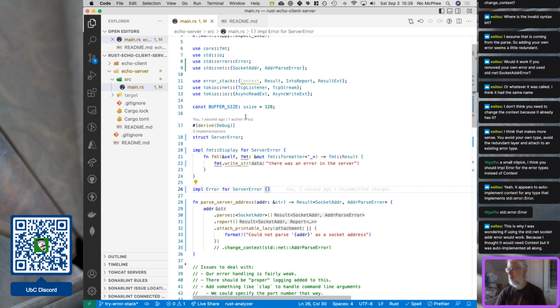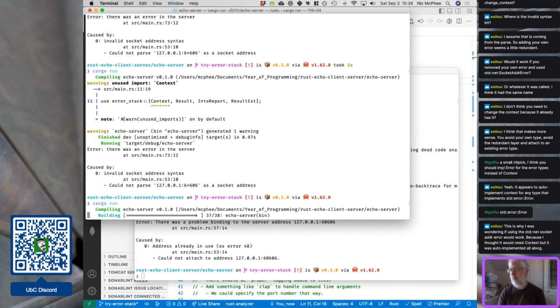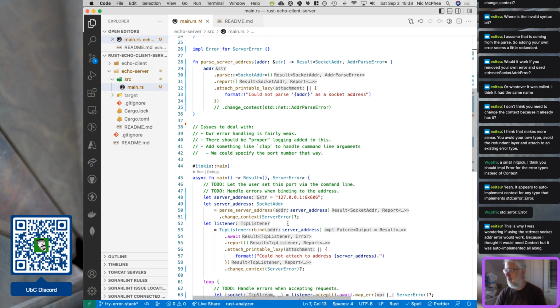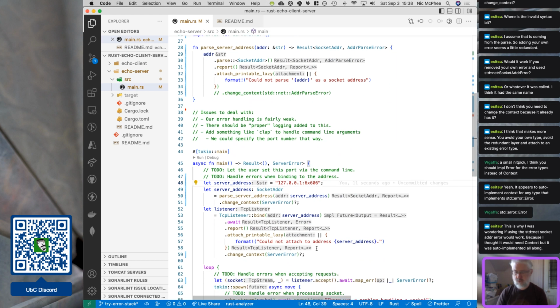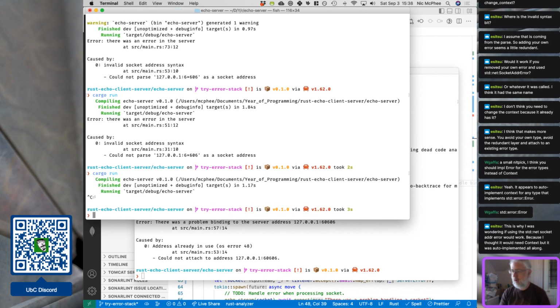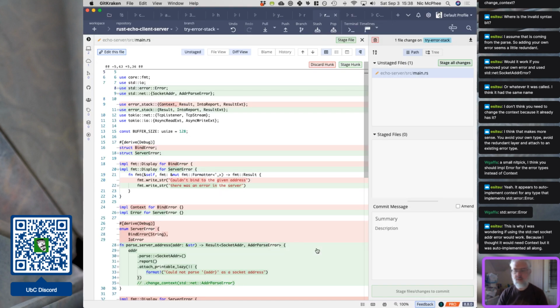So maybe we will do a commit here. Get rid of that little issue. There we go. And then we probably want to fix this. Make sure that it still works. Okay, I mean, I say it still works without actually testing that it really worked, but I think it did. Okay, so